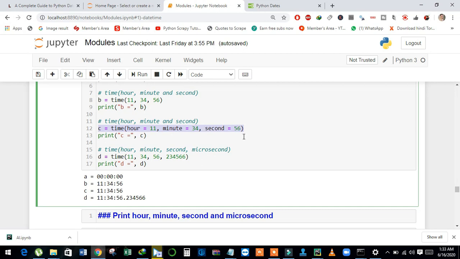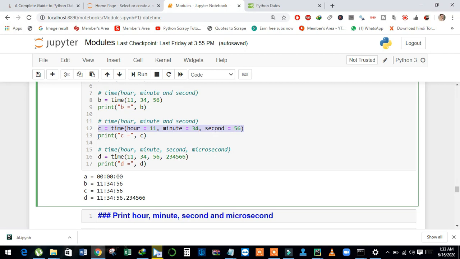But if we only write 11, 34 and 56, it will automatically understand that 11 is the value of hour, 34 is the value of minute and 56 is the value of second.